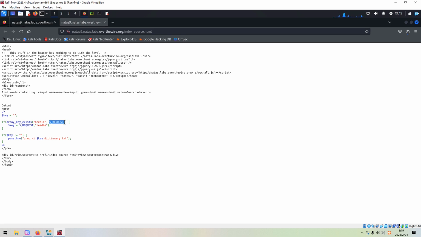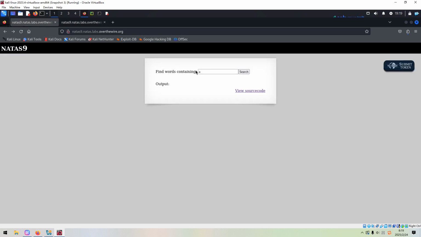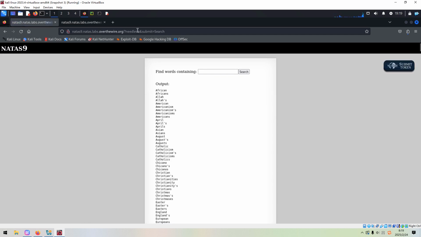The request is a special array which contains the parameters requested by the browser. If the array has a key needle, I think if we go back to the browser and submit this A, as you can see here,